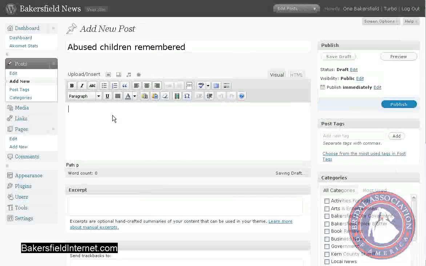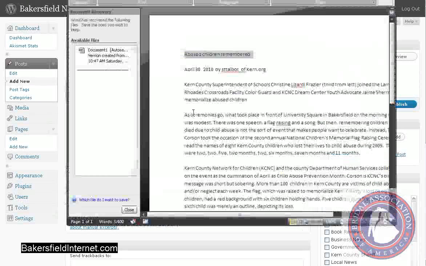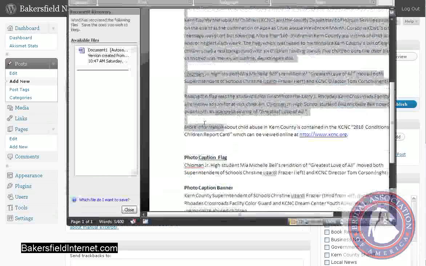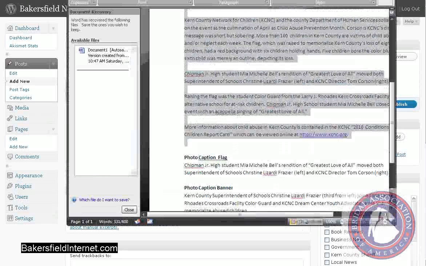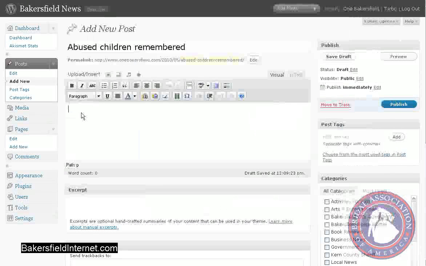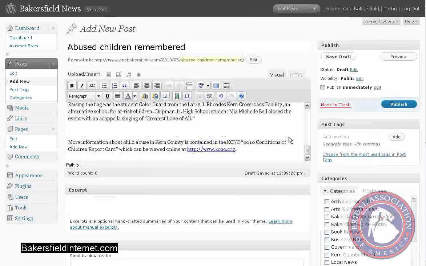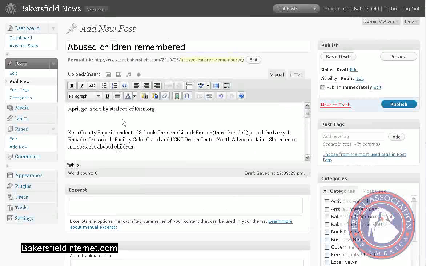Next, we need to work on our content. This is the information that goes down here. Same thing, it's already pre-written for us. So we're just going to go ahead and copy all this right to our clipboard. Right click, copy, and we're going to paste it right here. So there's our content. Now, the content is nice and it looks good, but